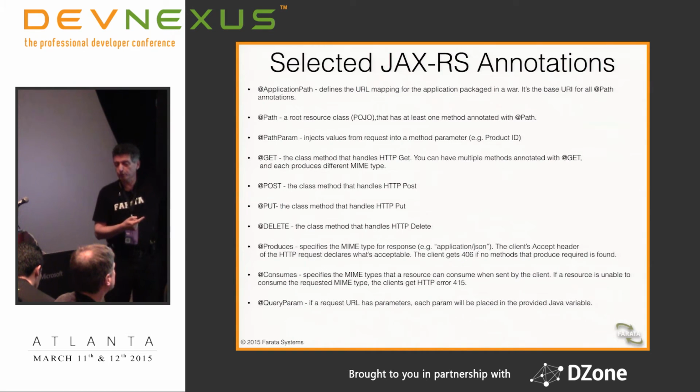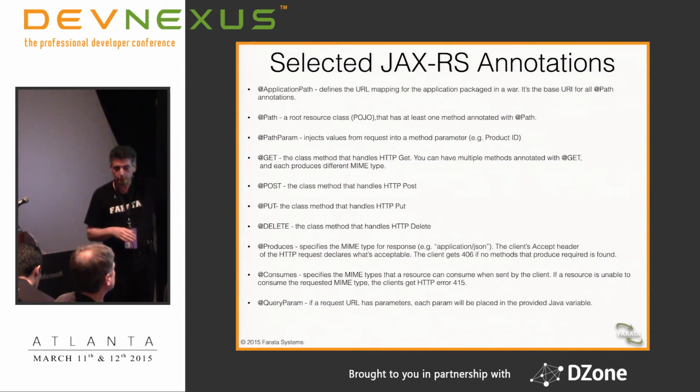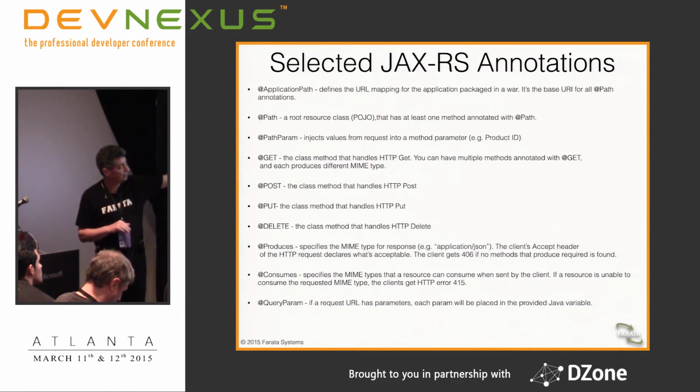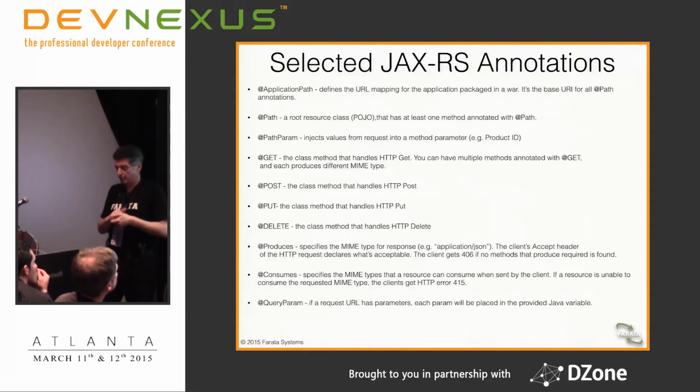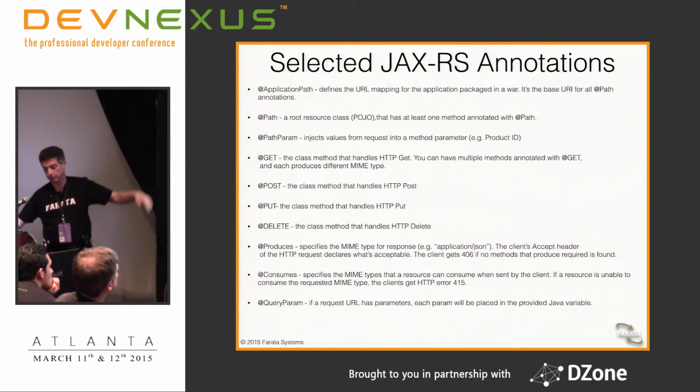So that's probably an endpoint for processing all requests for measuring blood pressure, and so on. Then you will mark specific methods inside the class as a GET, as a POST, as a PUT, as a DELETE. This is how the Java server will route the request and wind up in a particular method. The web service can produce some data and consume some data. Typically we produce JSON, so you can mark a method and specify a MIME type like application/JSON.